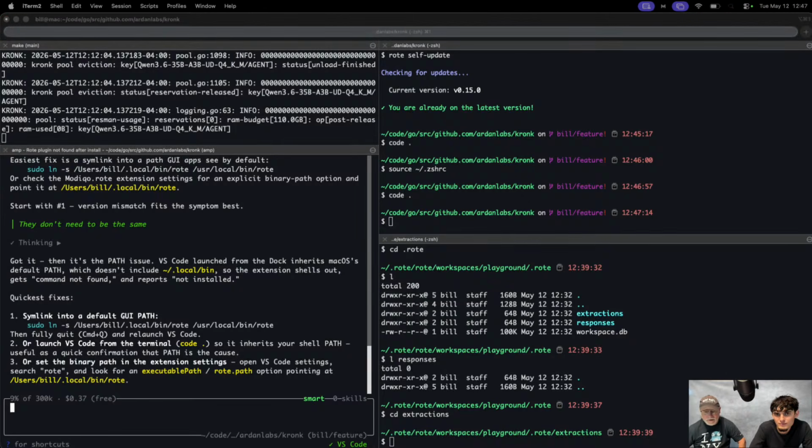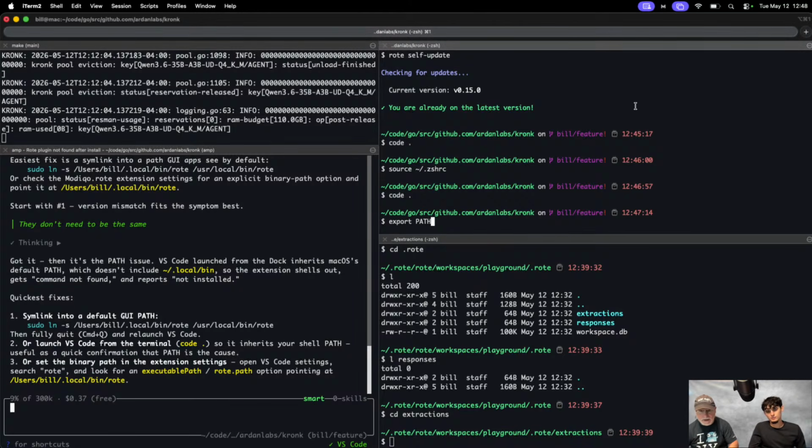Let me do something here off camera for a second. Yeah, it moves so fast, I don't think I can see it. There is the rote shell integration. My guess is that should have worked, especially after I resourced everything. So, I don't know.